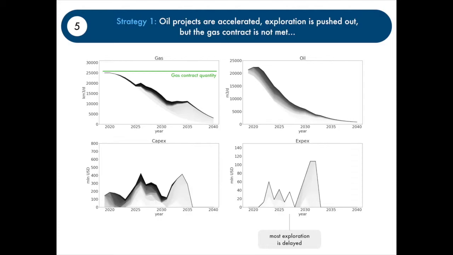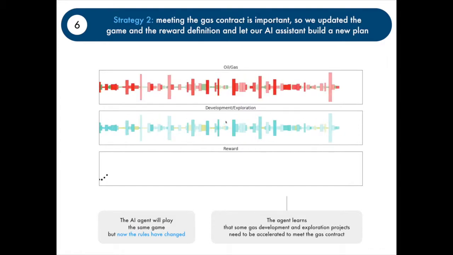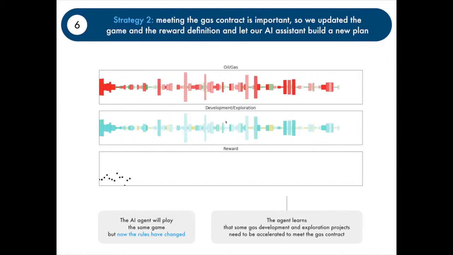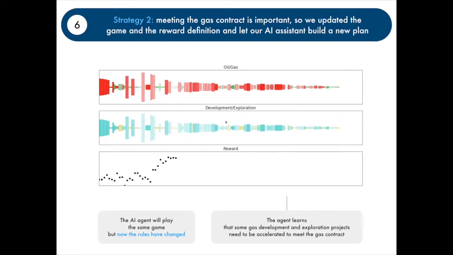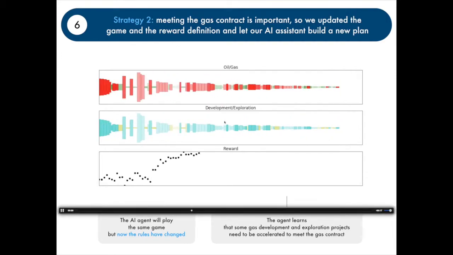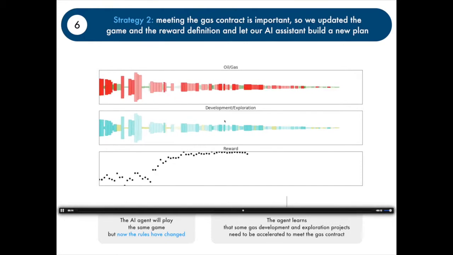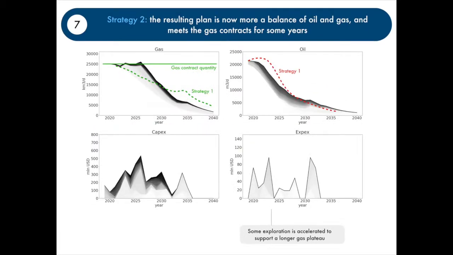The problem of this plan is that the gas contract is not met. So we change the rules of the game and tell our AI assistant that it receives a penalty for every year in which the gas contract quantity is not achieved. The assistant needs to learn how to play this new game and how to maximize the updated reward definition. By again playing multiple games, it figures out that the right gas and exploration projects need to be accelerated. The resulting plan is one in which the gas contract is met for some years at the expense of early